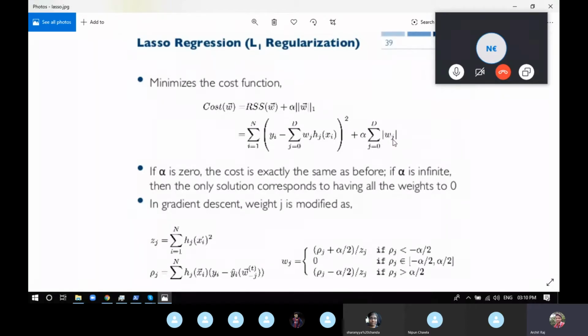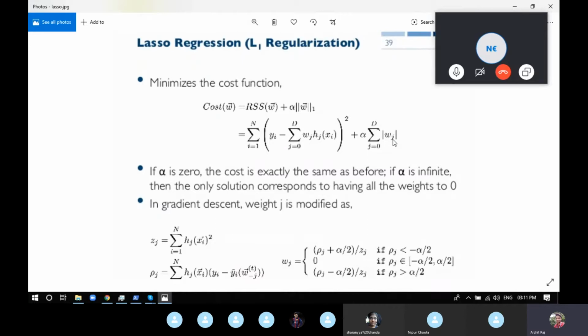Summation of wi, where wi stands for the coefficients of the attributes. As an example, we are trying to find y is equal to mx plus c for linear regression. Now we have m as the coefficient. In linear regression, we try to find y hat minus y actual whole square and the sum of all those things. That's the cost function.